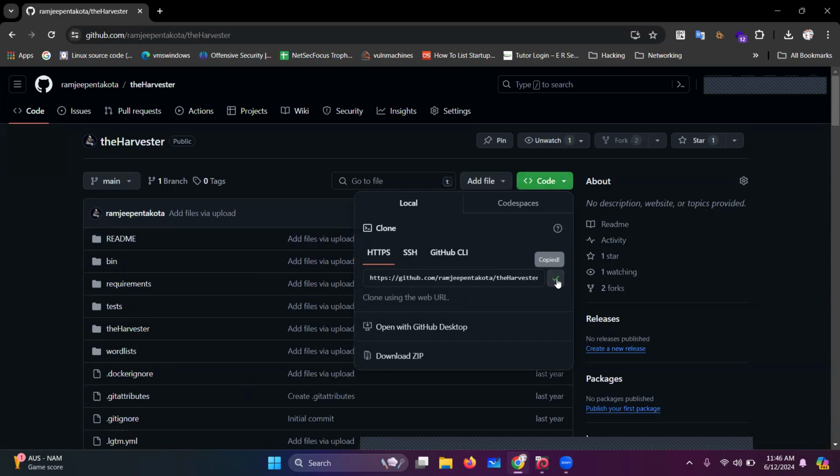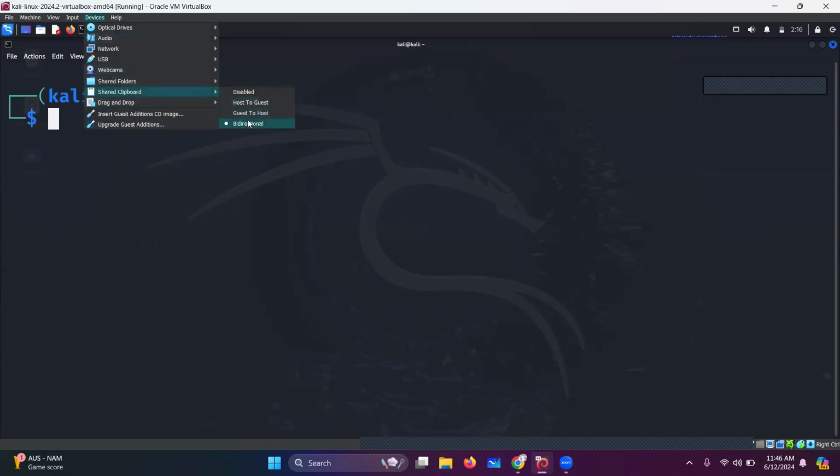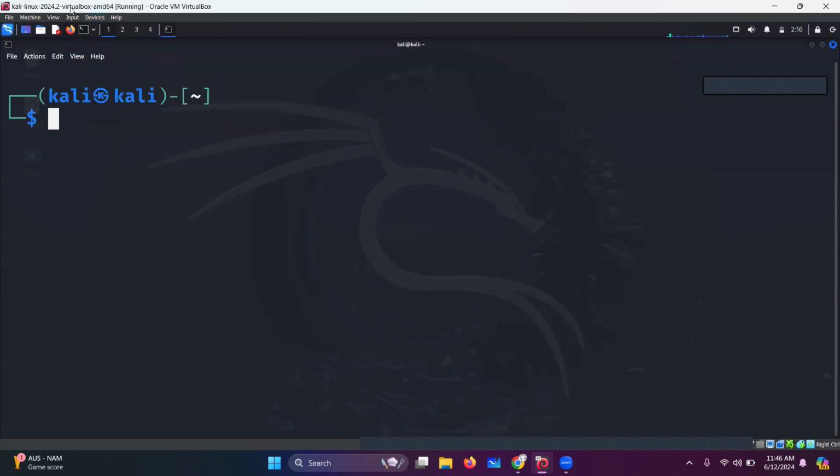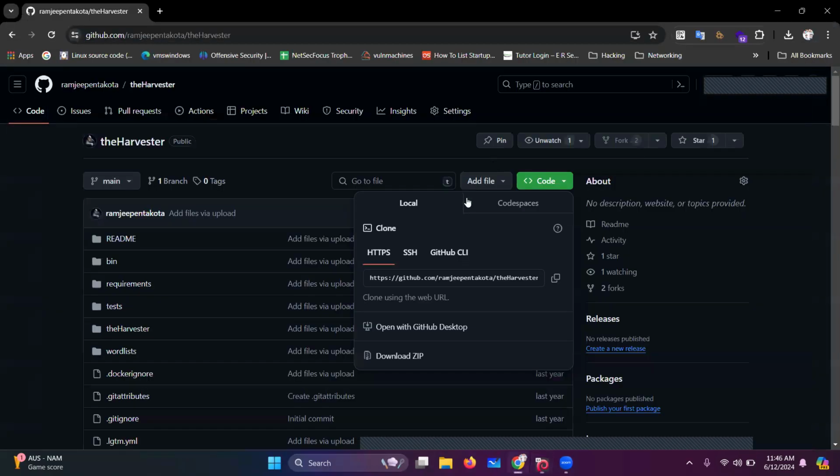copy the path. If you want to copy paste in Linux, we need to make some changes. Here we have the devices option. Click on devices. Here we have shared clipboard. We need to change it to bidirectional. Maybe from your side it's disabled. You need to set it as bidirectional, and the same for drag and drop. If it is done, then copy the code again, open your Kali, and here we need to